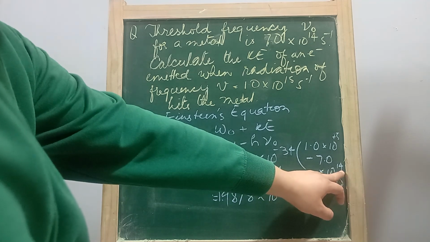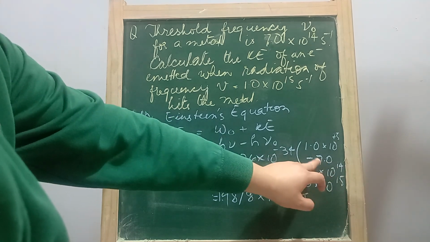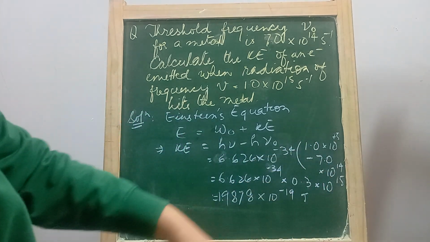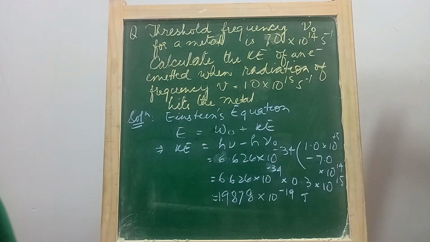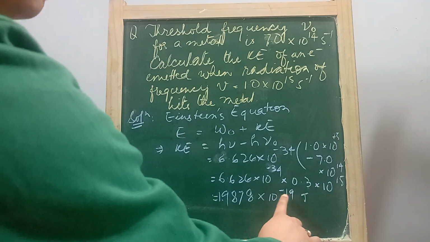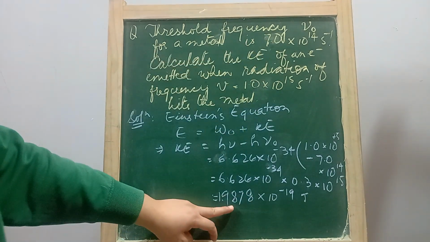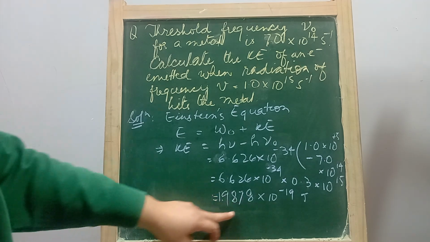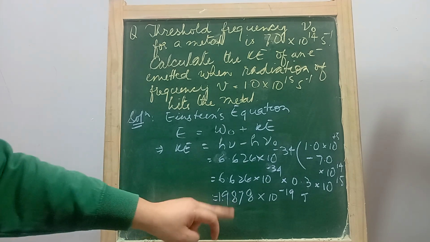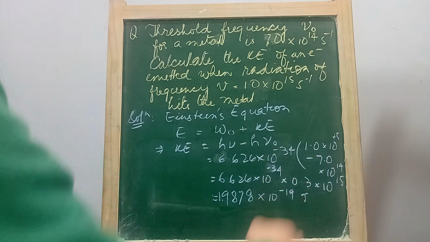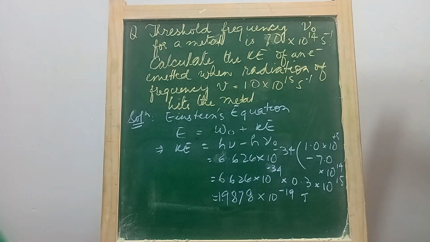To make it 10 to the power 15, it will become 0.7. 1 minus 0.7 is 0.3 into 10 to the power 15. So minus 34 plus 15 becomes 10 to the power minus 19, and 6.6 multiplied by 0.3 becomes 1.9878. Since there are two significant figures, we can round this off to 2.0 into 10 to the power minus 19 joules will be the kinetic energy